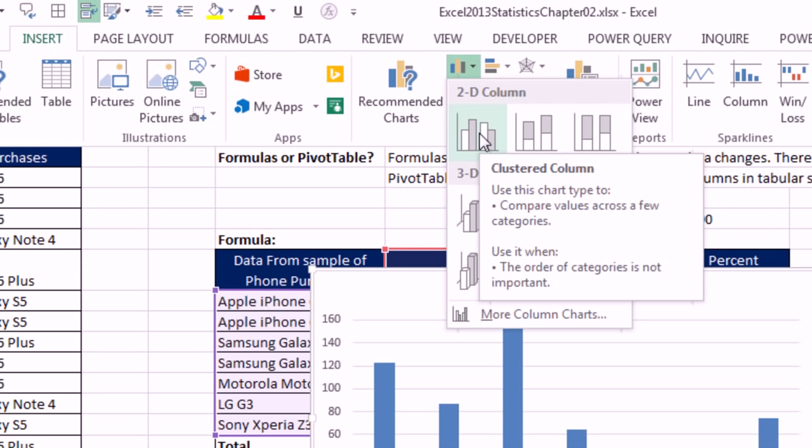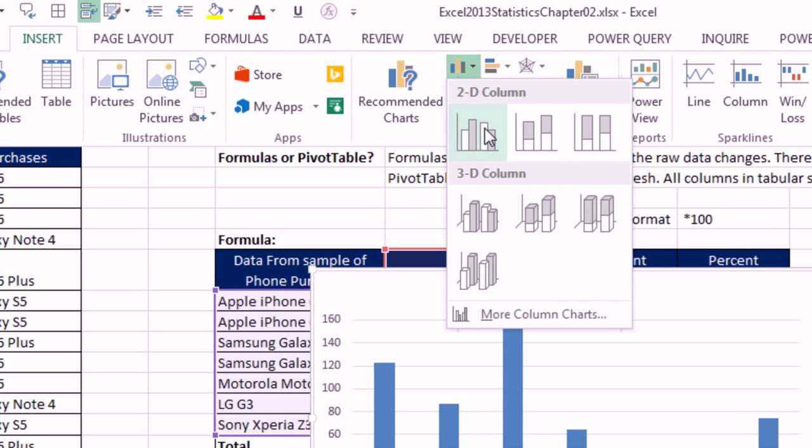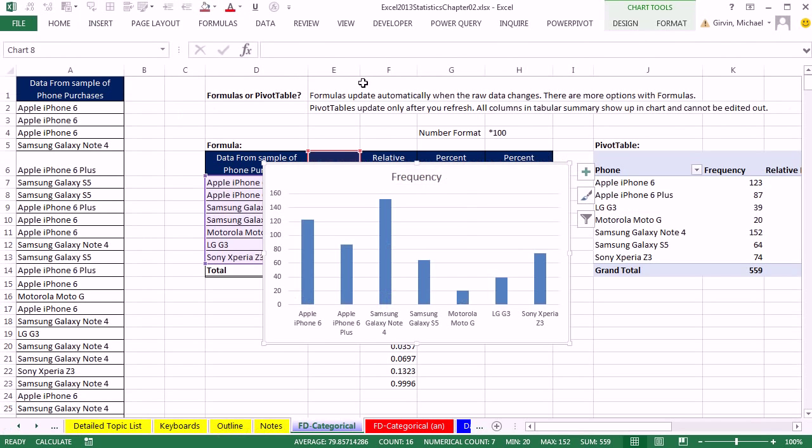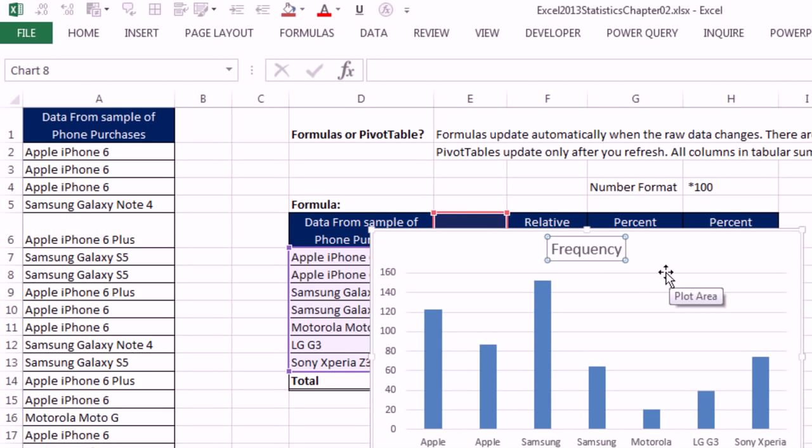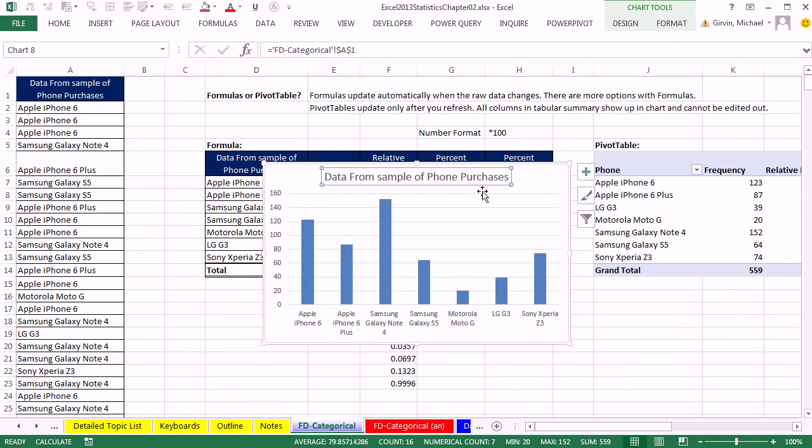Now, in the textbook, they call this either a bar chart, or later when we use this column for cross-tabulated, they'll call it side-by-side. But in Excel, it's called a clustered column. We'll use these two later when we do cross-tabulation, or we'll use all three for cross-tabulation. So clustered column, and there's our chart. Now let's fix it up a little bit. I don't like this title. Select the title when you see that solid line. Type an equal sign immediately. There's an equal sign in the formula bar. Click on cell A1, enter. So we have our title.